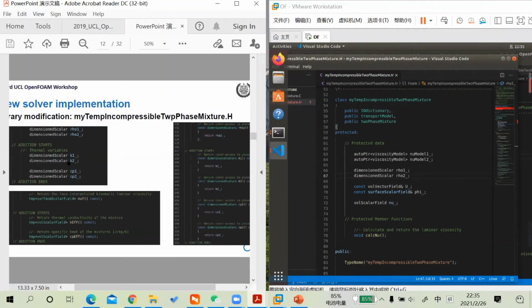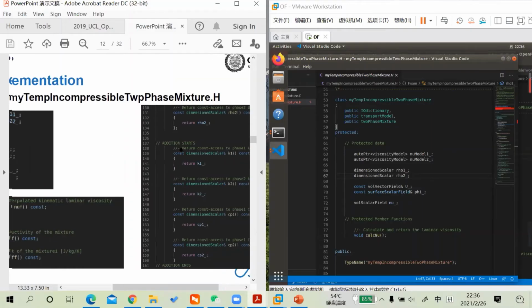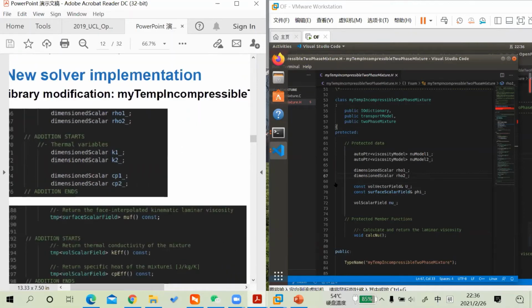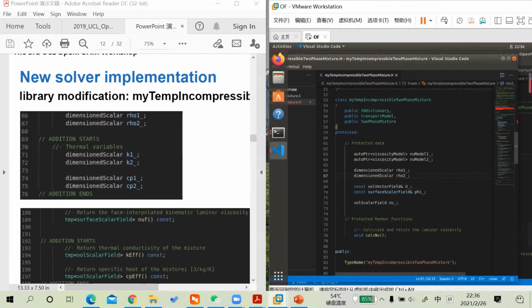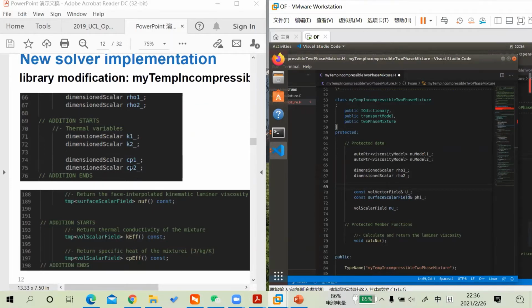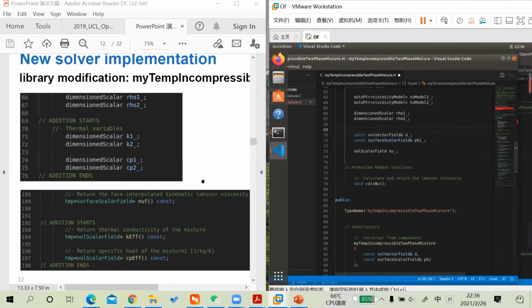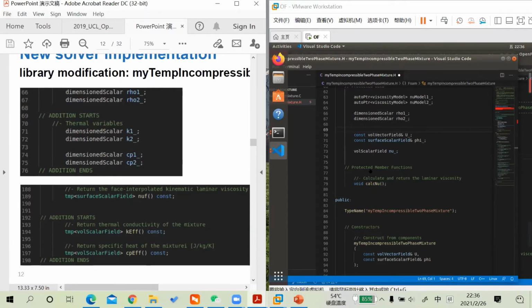So first, we need to change the .h file for the declaration. And after the density, we need to add all these ones. It's the K1, K2, and the specific heat CP1 and CP2. So I'm not going to do it here, but I can show you what the complete files look like. And after that,